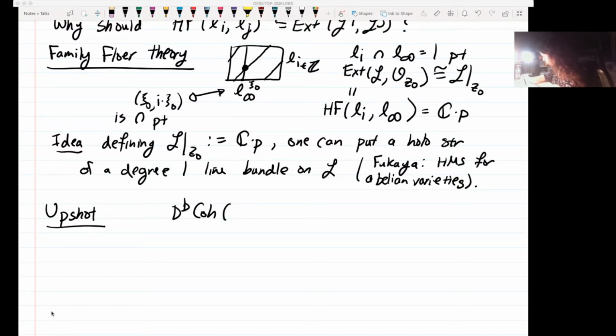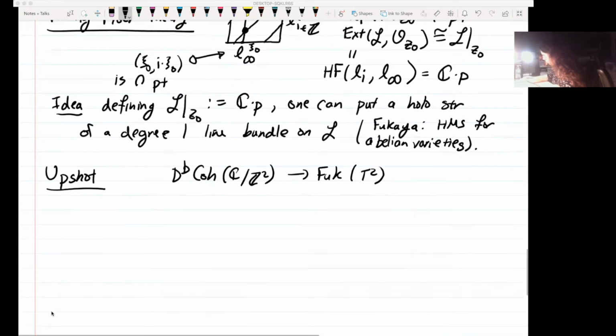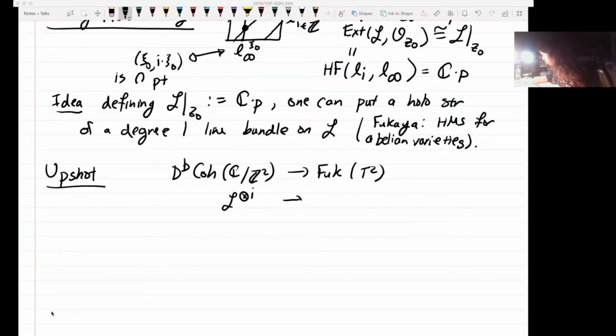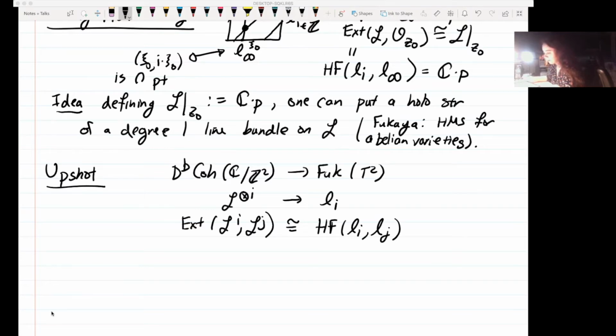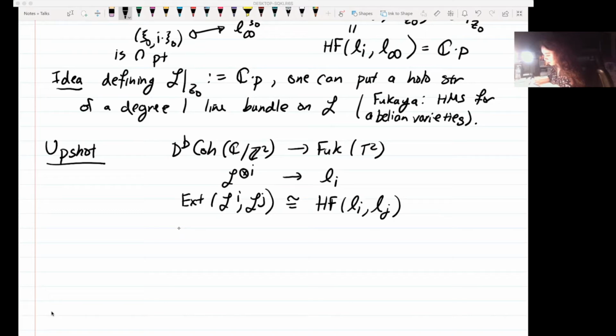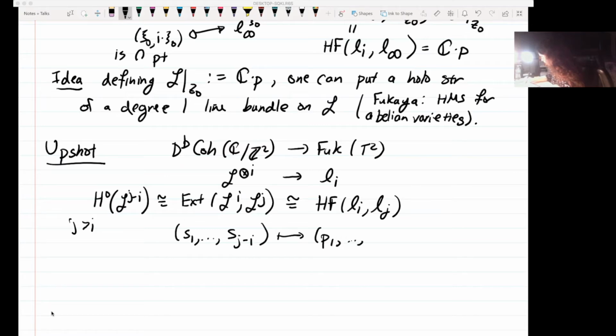Of looked at the Fukaya L to of section for J of sections. We can map the intersection J minus